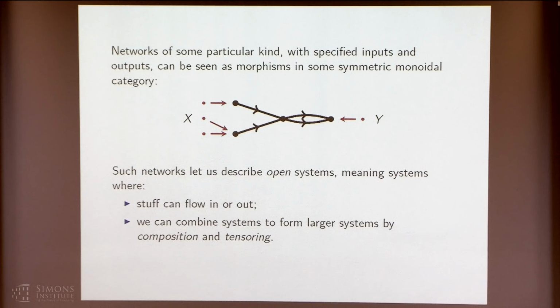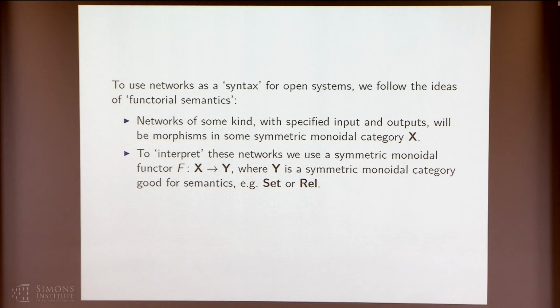And then you can combine open systems by composition, that is feeding the outputs of one into the inputs of the other, or tensoring, setting them side by side. So the language of symmetric monoidal categories is the right language for discussing open systems in this sense. And what people do is they use networks, or these diagrams of networks, as a syntax for open systems, and then use the ideas of functorial semantics, which luckily Prakash already explained yesterday, to interpret those networks and figure